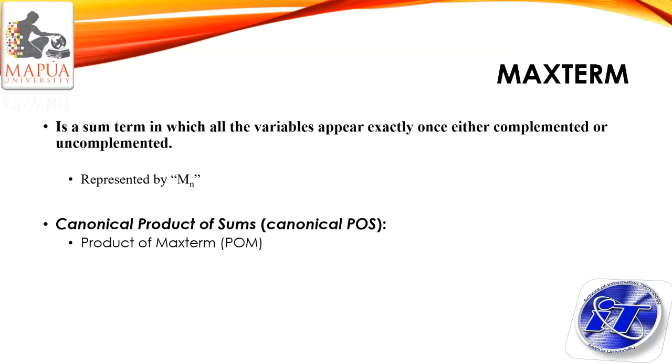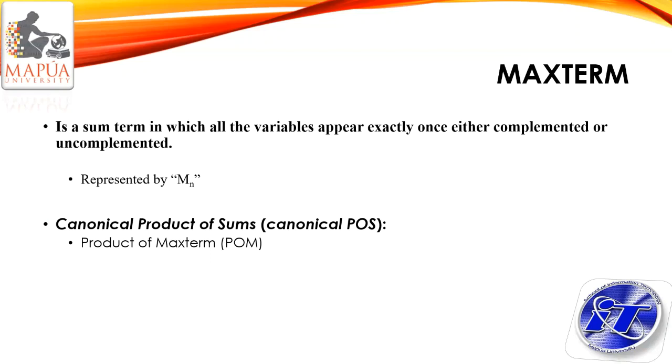It is represented by a capital M with a subscript to differentiate each max term in our equation. When we convert to POS using max term, it is called canonical product of sum, or canonical POS, or product of max term,